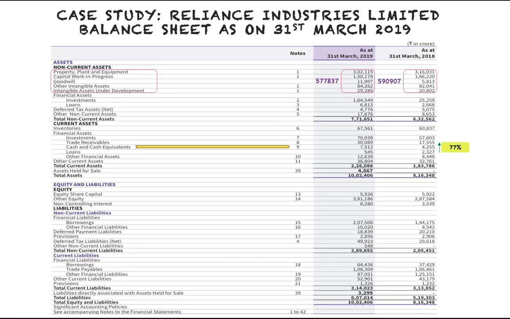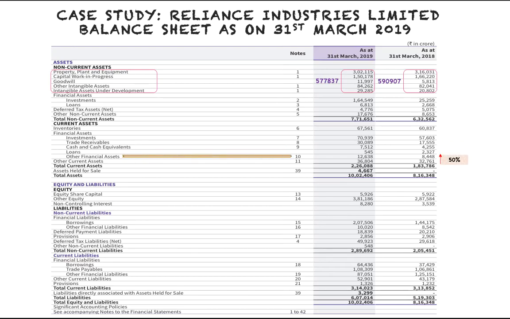Otherwise, too much idle cash on the balance sheet is not good, and it's better to invest your cash in business, because treasury income may not earn you as much. The savings interest is much lower, and even the mutual fund interest, versus if your business is earning anything above your bank interest, you must invest in business. Anyway, this company had to keep some cash extra as collateral. That's why this cash balance is high versus the last balance sheet.